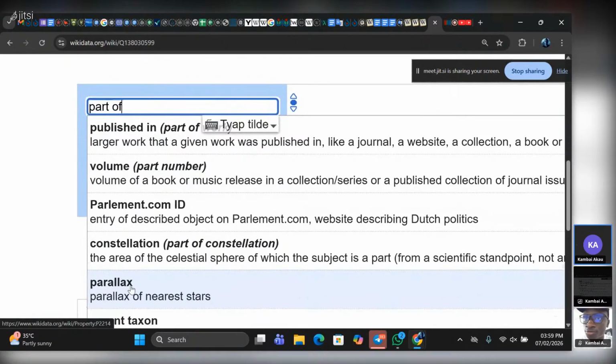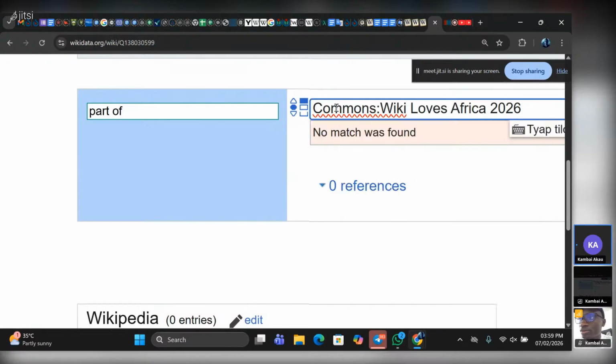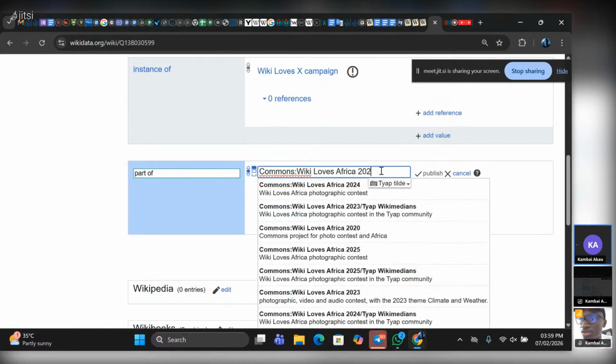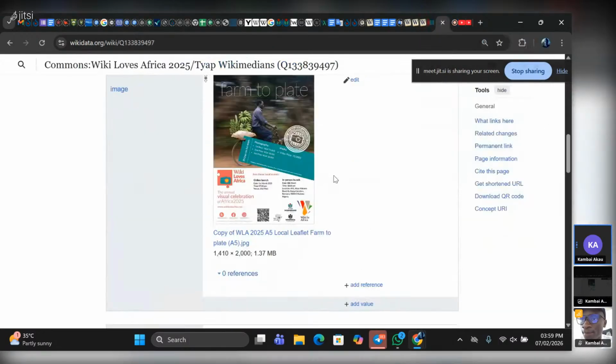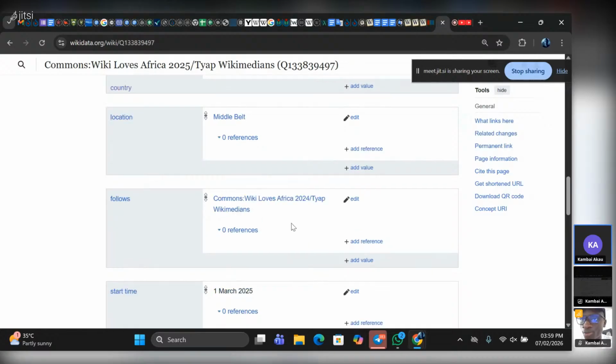So we can just type part of, and then we can put that 2026. I can see this one is not present, so maybe this one is here to be created. So we can leave this one for now. Otherwise, we would have to create this very category, or this very page, this very item. And this event doesn't yet have an image, so we have added an image, but we can add country, location, and then